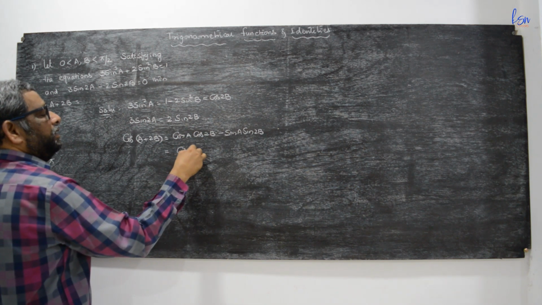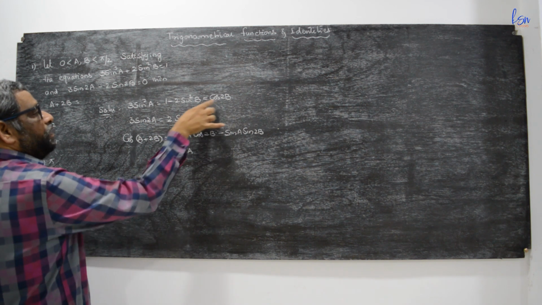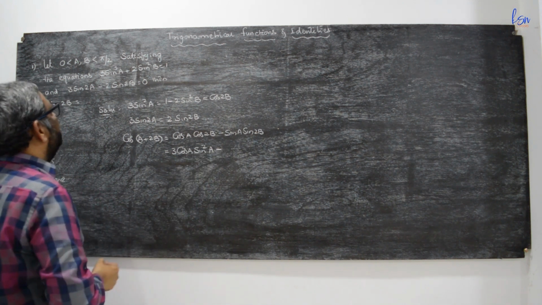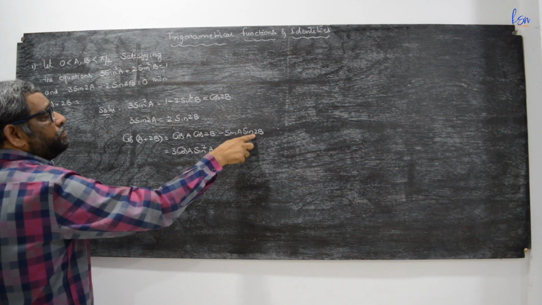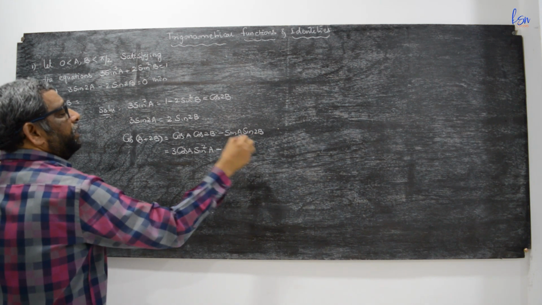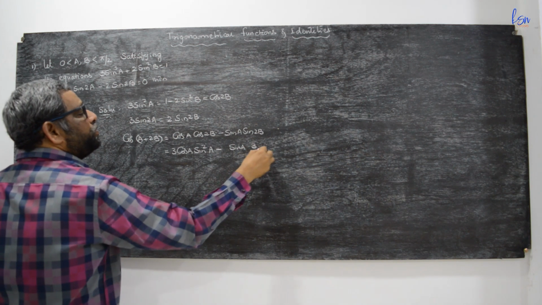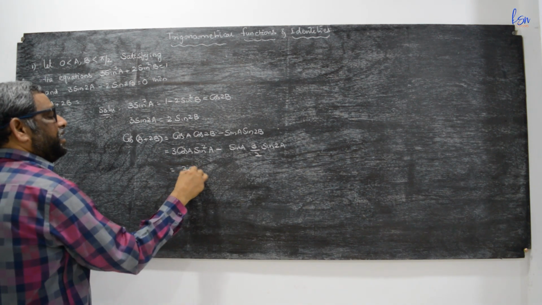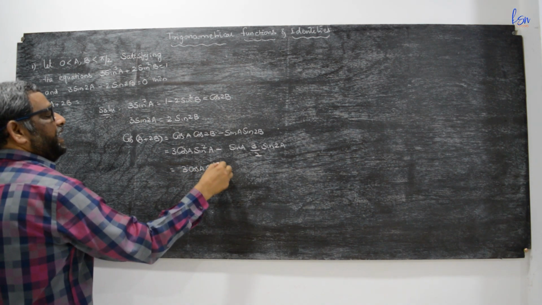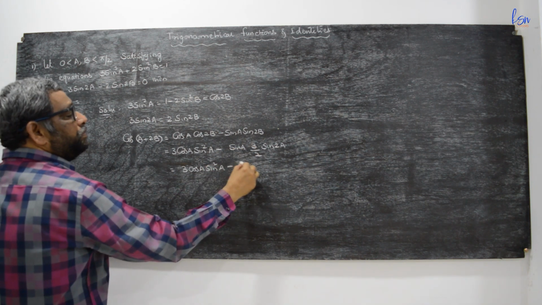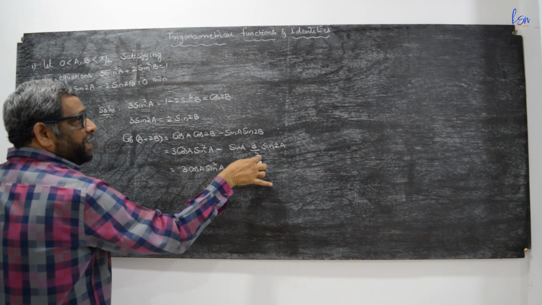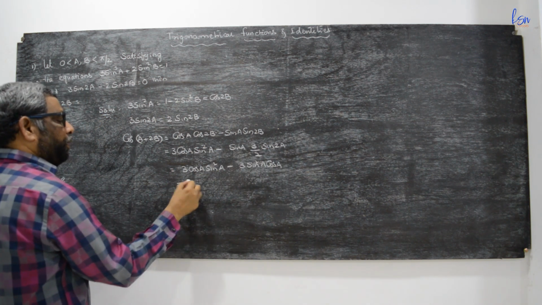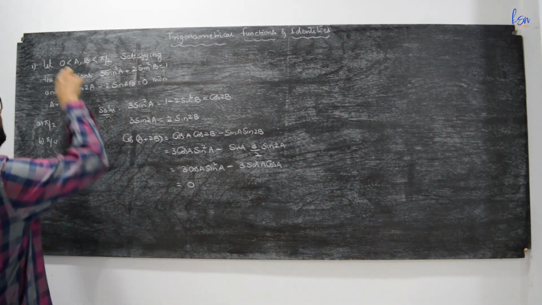Cos a into cos 2b is equal to 3 sin square a. So this is 3 sin square a cos a minus sin a into sin 2b. Sin a into sin 2b is 3 by 2 sin 2a. This is 3 cos a sin square a minus 3 into 2 sin a cos a, 2 gets cancelled, 3 sin square a cos a, this is equal to 0. So cos of a plus 2b equal to 0.